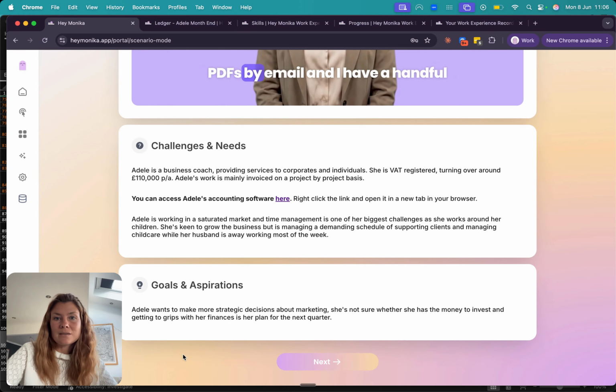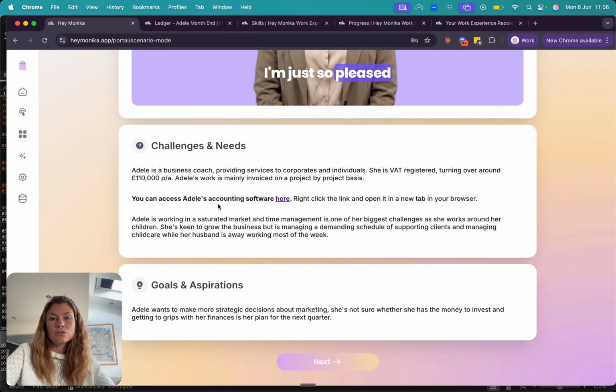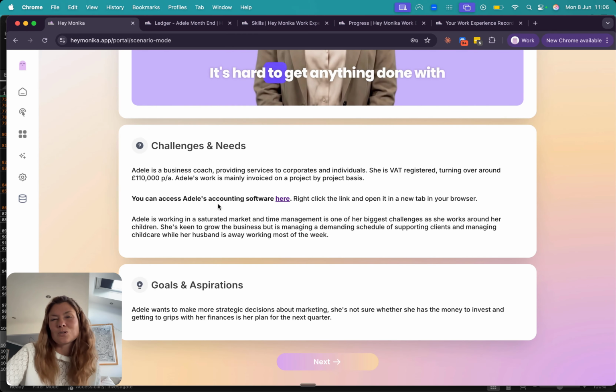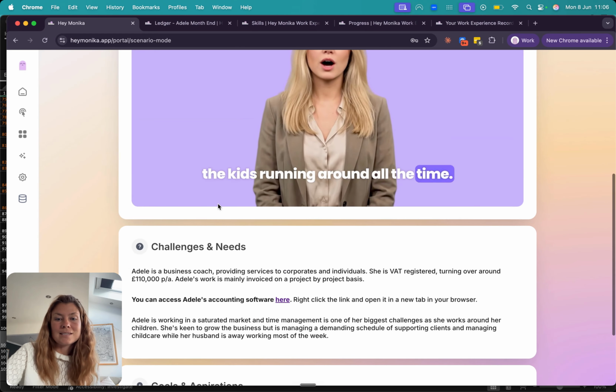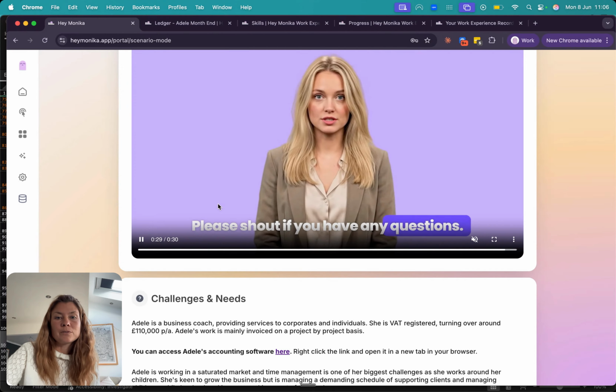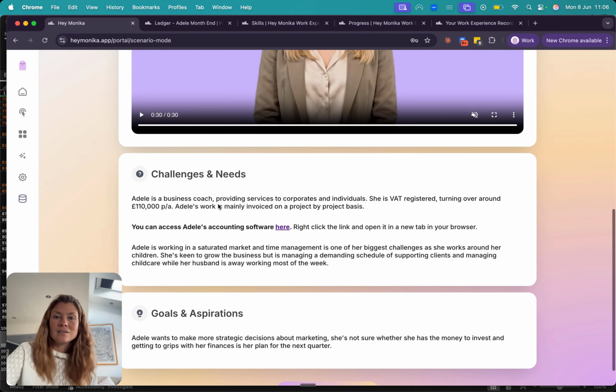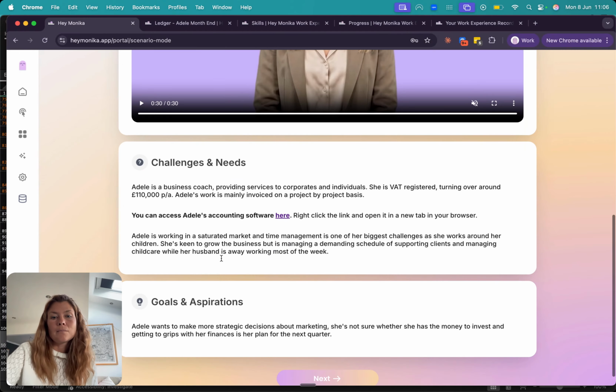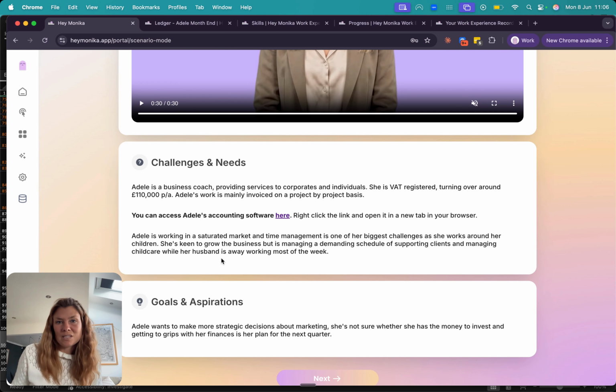I'm going to flag something in the Adele scenario. It's something that we're building into a number of different scenarios at the moment. We try to be software agnostic. We know that you might use all sorts of different accounting tools during your training and in practice. We've built scenarios, as you've seen with Amy, using the demo company within Xero, but we want to give you exposure ultimately to the feeling of doing the accounting work in real life. So for some of our scenarios we've built our own custom accounting platform, which deals just with